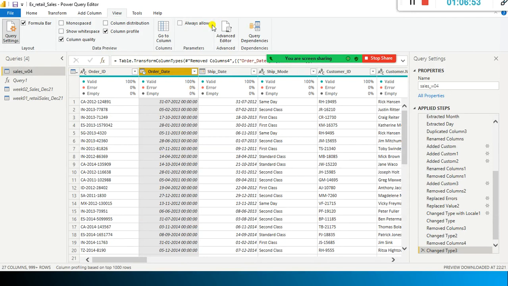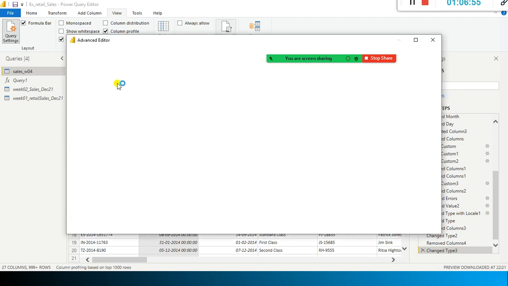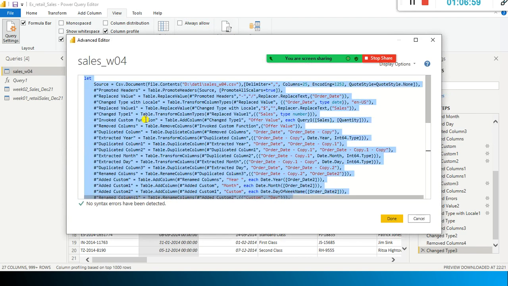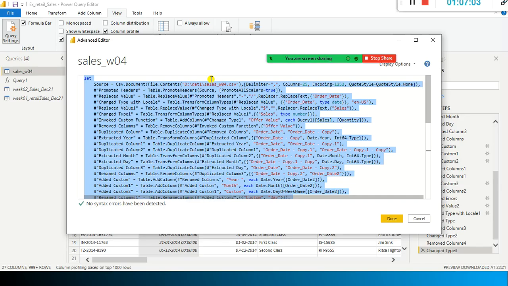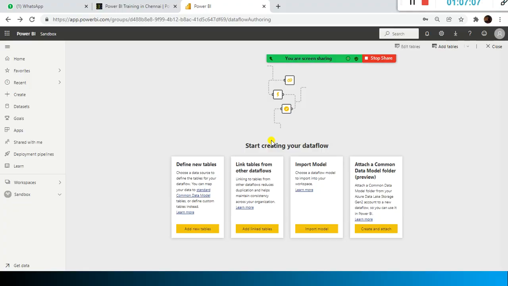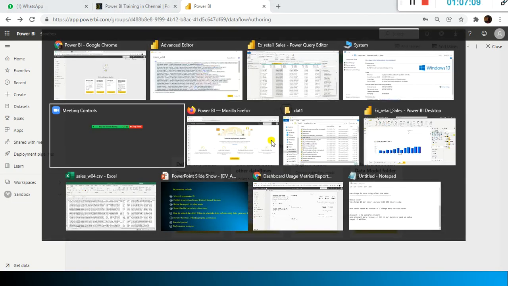Now in this one I have all the up-to-date query language. I just select advanced editor. I select everything once again, and I just go back here. Oh, it got closed. Okay, I don't have to do it again, right? One second.